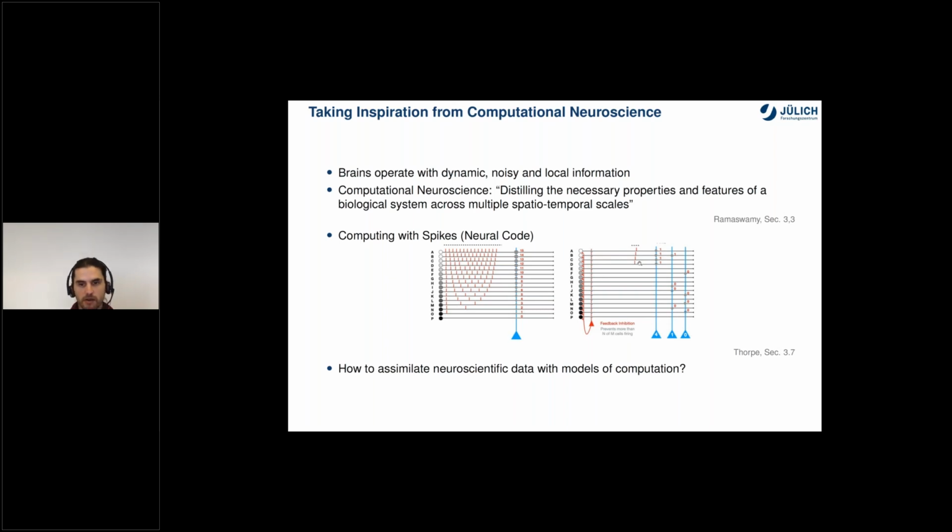And this way we can encode information in a very efficient way by making use of the spikes of the neurons. Now, this link to neuroscience is very interesting, but it's very tedious and difficult to understand how we can assimilate all this information that comes from neuroscience with our models of computation. And just understanding that question first requires positing and making hypotheses of what is a good model of computation. Now, that is a question that, if we try to address it in its entirety, would take us all day.